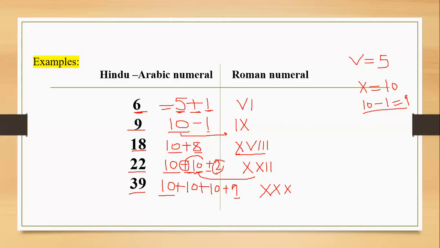And then for the 9, we will not write one more X, because we cannot write it 4 times. The symbols cannot be repeated 4 times. It can be repeated 3 times only. So we will write XXX. And for the 9, we will write IX, because 10 minus 1, I told you, is IX. So we will write 9 as IX. So this is the answer for 39: XXXIX. Thank you so much.